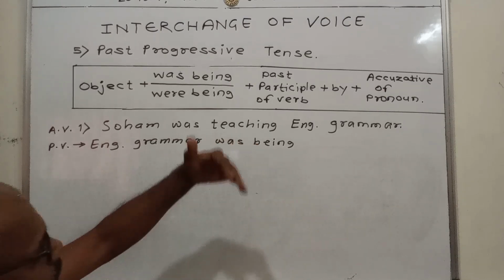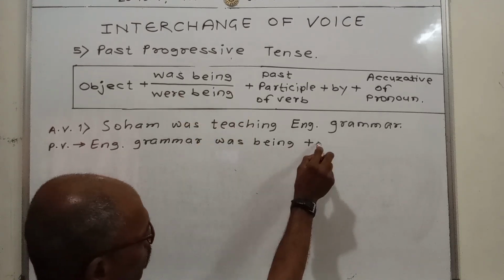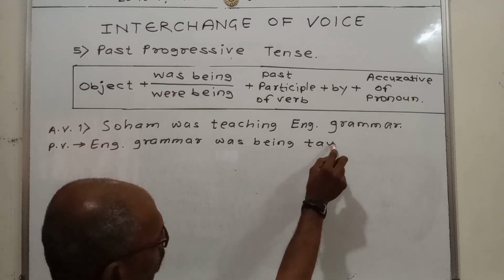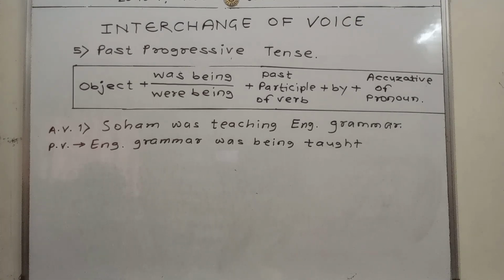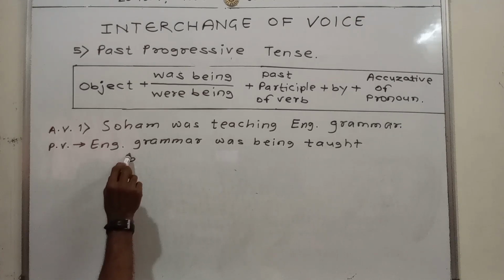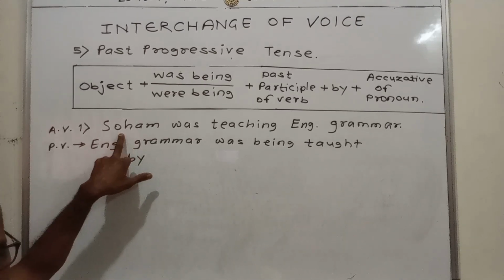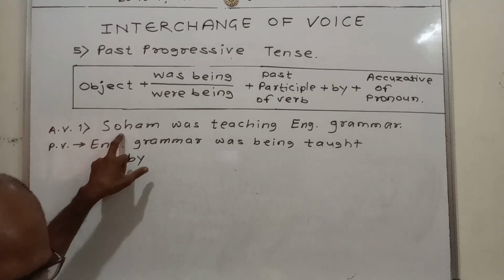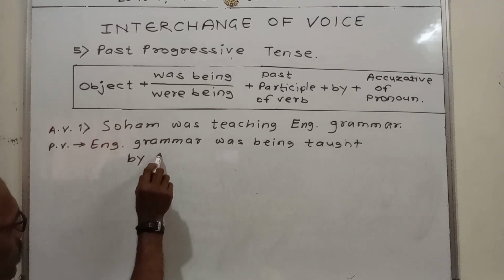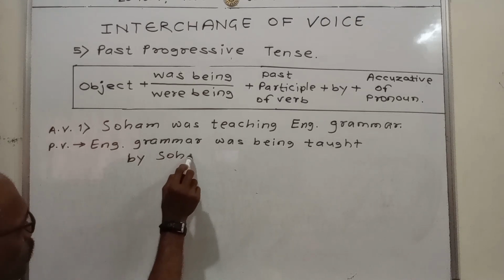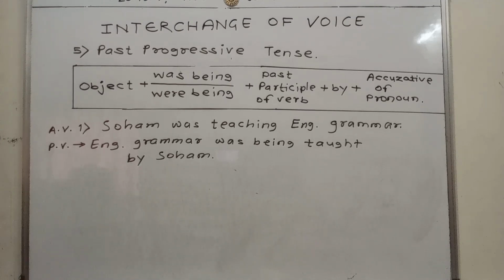Then past participle of teach, was being taught. Did you get it? Taught by. Now here, this is not a pronoun. This is a noun. This is a proper noun. So that remains unchanged by. Did you get it? Then next,